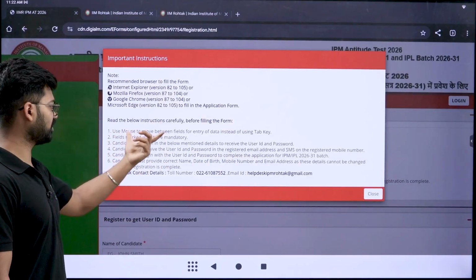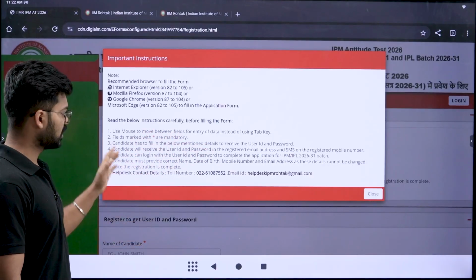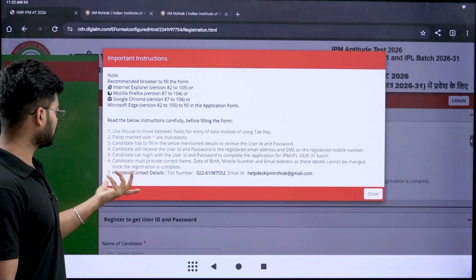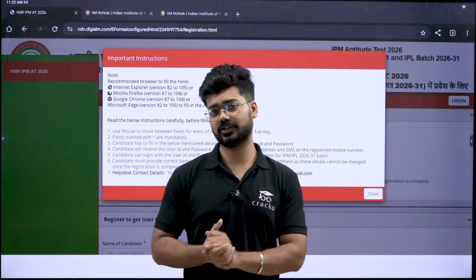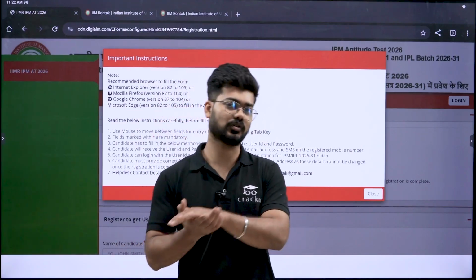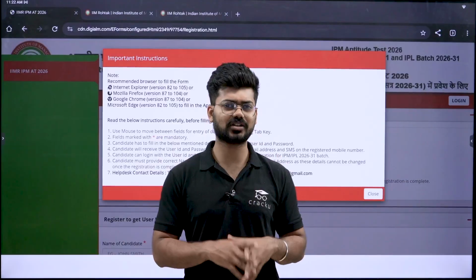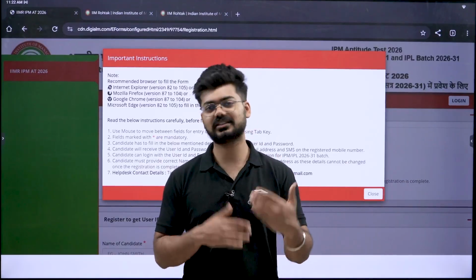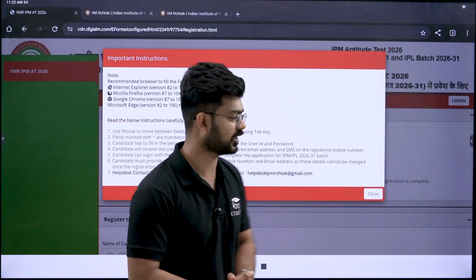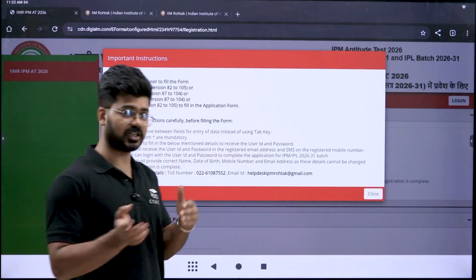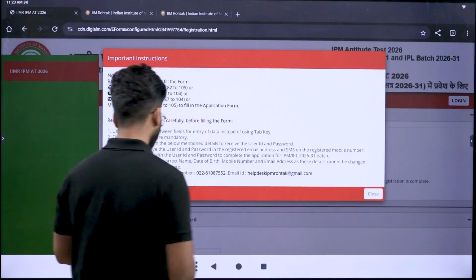Use the mouse to move between fields instead of using the tab key. Fields with this mark are mandatory. Fill in the details, and the basic thing is that the number which you are using should be active. It should not be that you are using it just for WhatsApp and the validity is off. The email ID which you are using should be professional, not any gaming ID. This ID may be carried forward to your further college registrations. So use a correct email ID. Also the number attached to the email ID should be working. This is also an important part. So moving ahead,